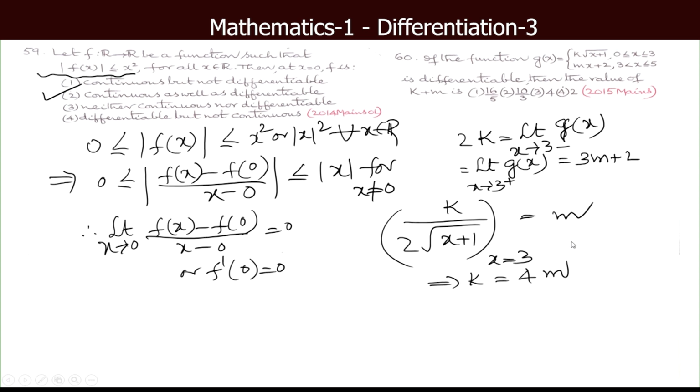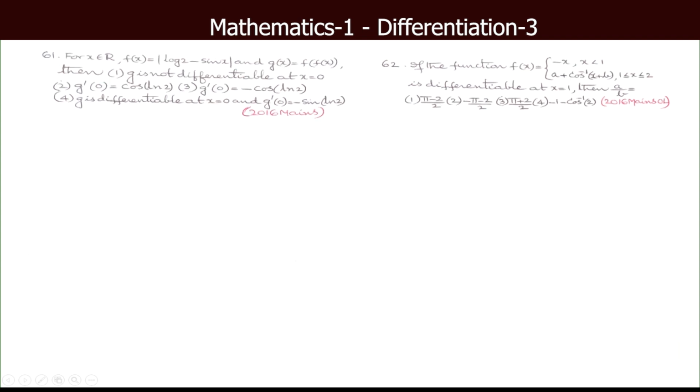When k equal to 4m, 8m equal to 3m plus 2, 5m equal to 2, m equal to 2 by 5 and k equal to 8 by 5. So, what is k plus m? 8 by 5 plus 2 by 5, 10 by 5, that is equal to 2. So, the value of the sum k plus m is 2, which is the fourth option. 2015 mains. Next,